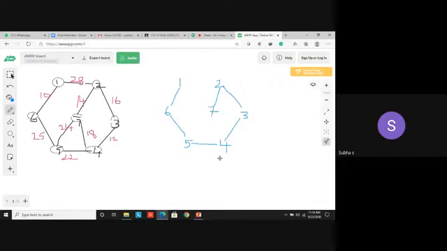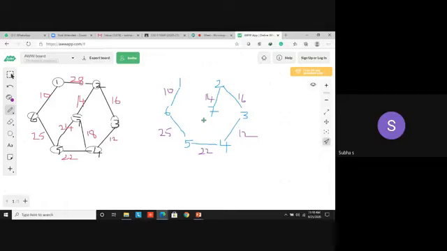If I connect 7 to 5, it will become a graph. Now this is your spanning tree. This is the minimum spanning tree. Now put the cost. So 1 to 6 you are having 10, then 6 to 5, 25. Add all the cost. This is your MST. The last one is 14.